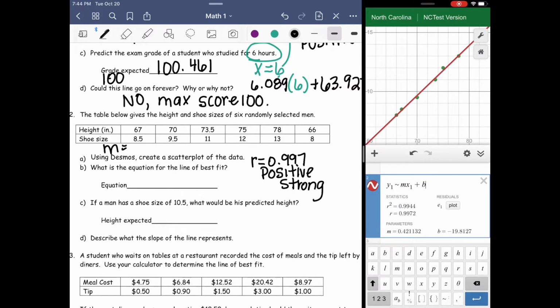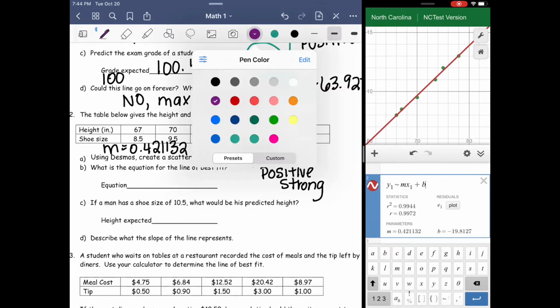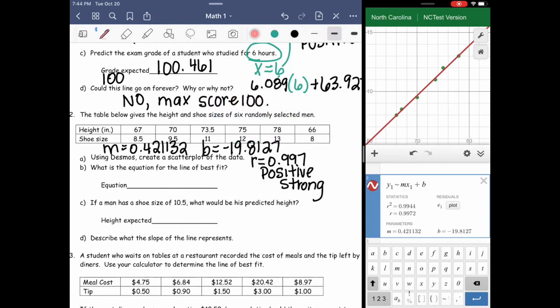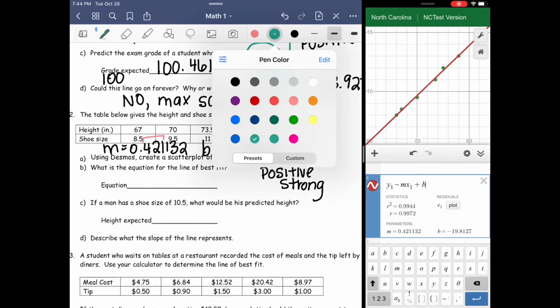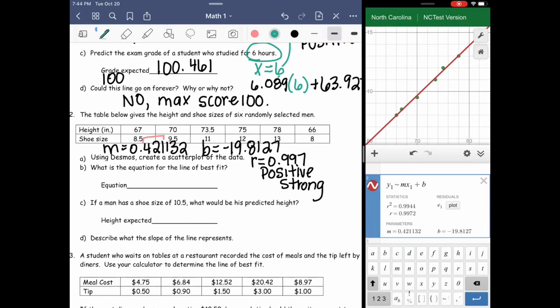Okay? But more or less, we want to write our equation. So we have m equals 0.421132, and we have b equals negative 19.8127. So again, I want to round to 3 decimal places. So there's my 3, but I'm going to look at my 4th decimal place to decide if I round my 3rd. So that 1 is going to keep that 3rd decimal place the same,